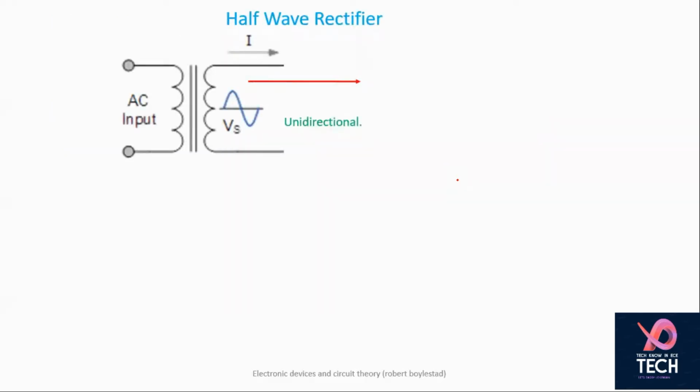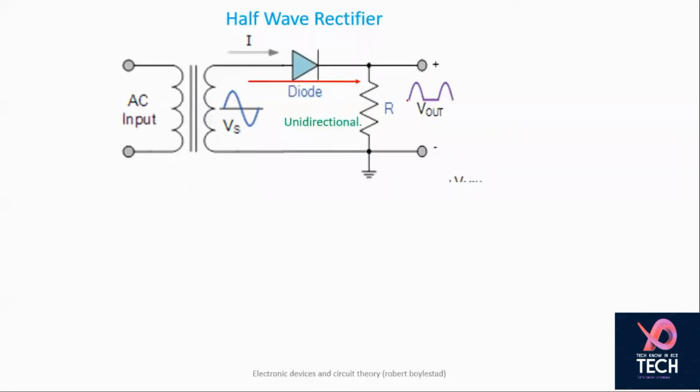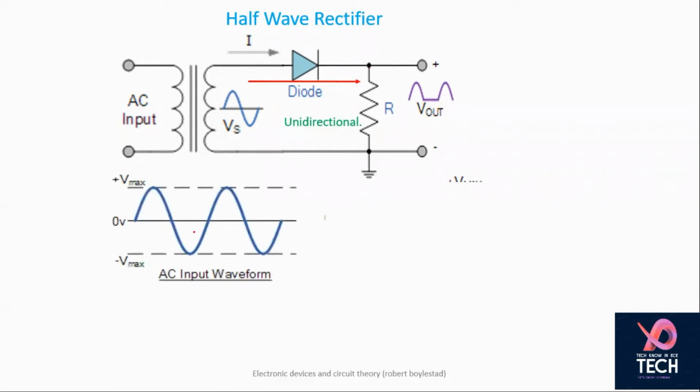So here you can see this is your transformer. The transformer is giving you step down AC. Then this is your rectifier. So we are talking about the half wave rectifier. We are having a diode forward biased, a load resistance connected, and you're getting output at this particular point. Now, how the entire mechanism works, suppose you apply an AC signal to this diode.